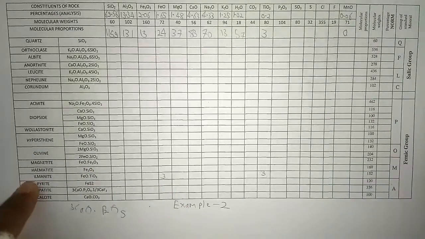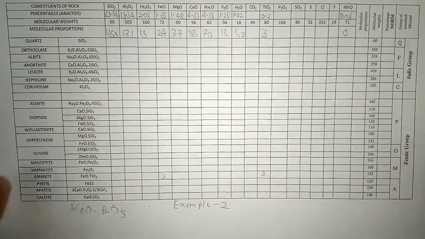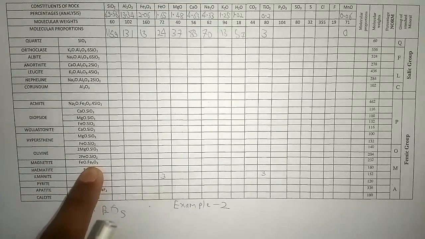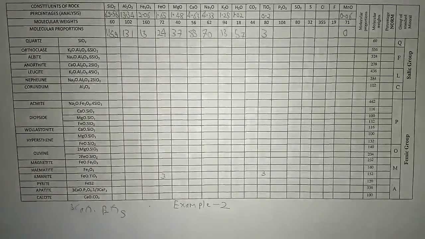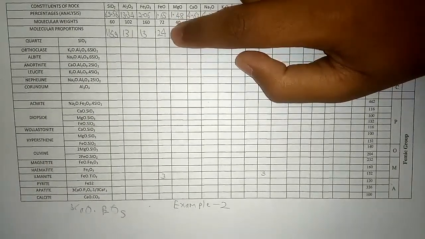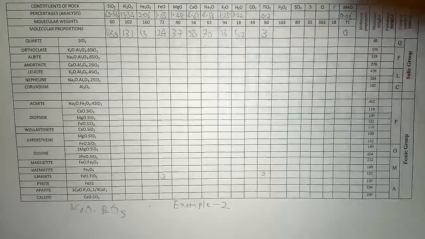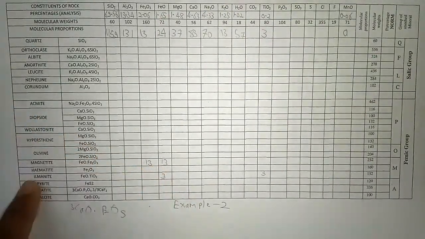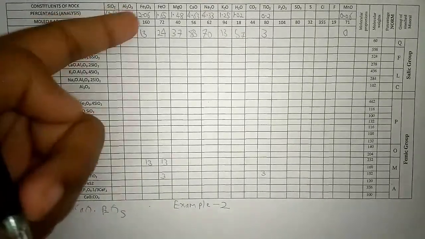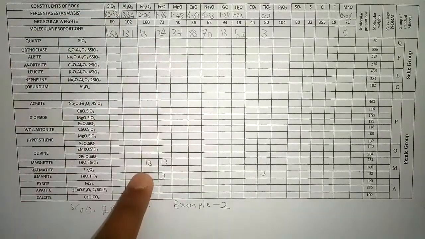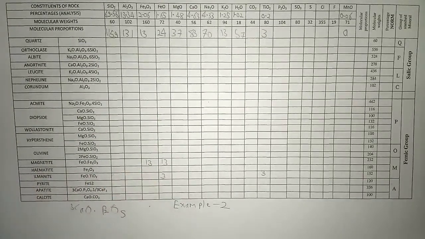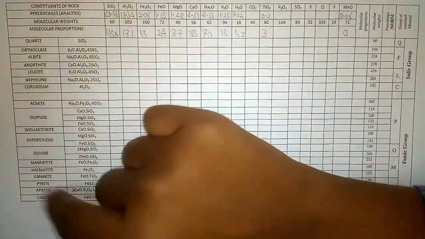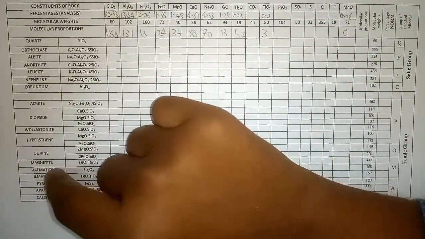Now from ilmenite you have to jump to magnetite. Always remember, you climb from calcite till ilmenite, and then jump to magnetite. Can you make FeO·Fe2O3? Yes, you have 13 Fe2O3 and 3 you have used, so you can make 13 magnetite. Here 13, here also 13. Now next, can we make hematite? No, because we had 13 Fe2O3 and we have already used 13 in magnetite, so we cannot make hematite. After this, till hematite it's over, meaning you first climb from calcite to ilmenite, then jump to magnetite and then hematite.